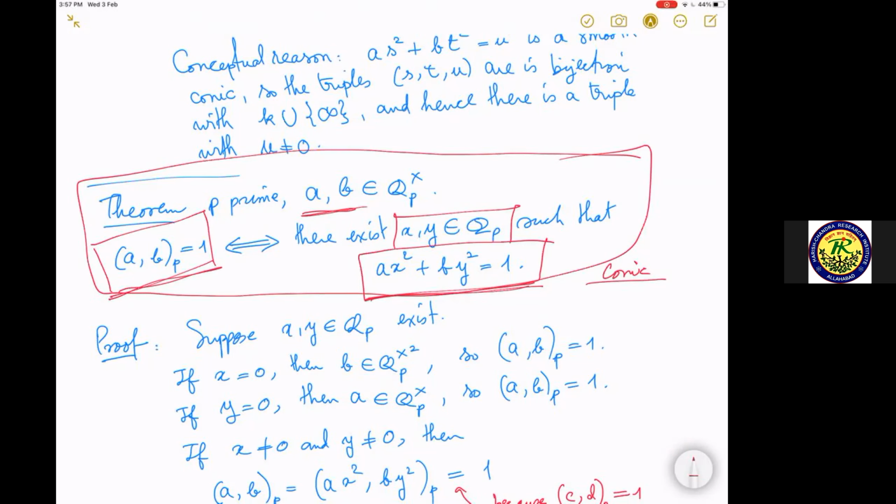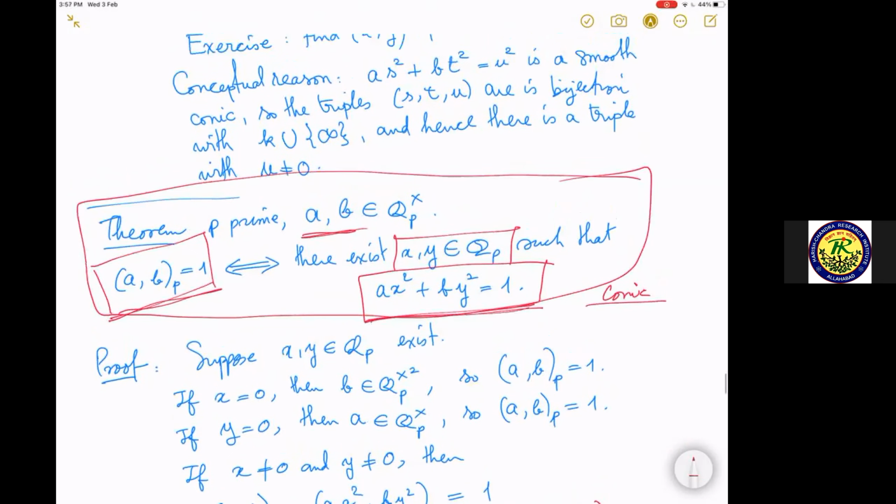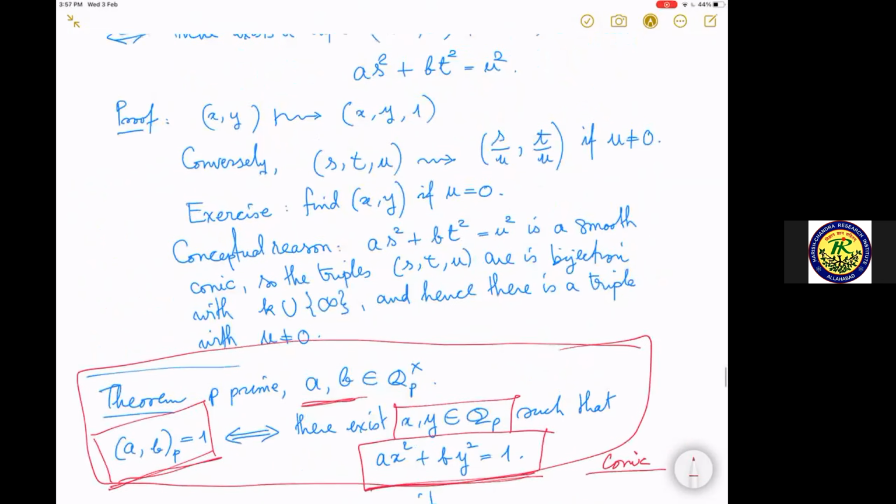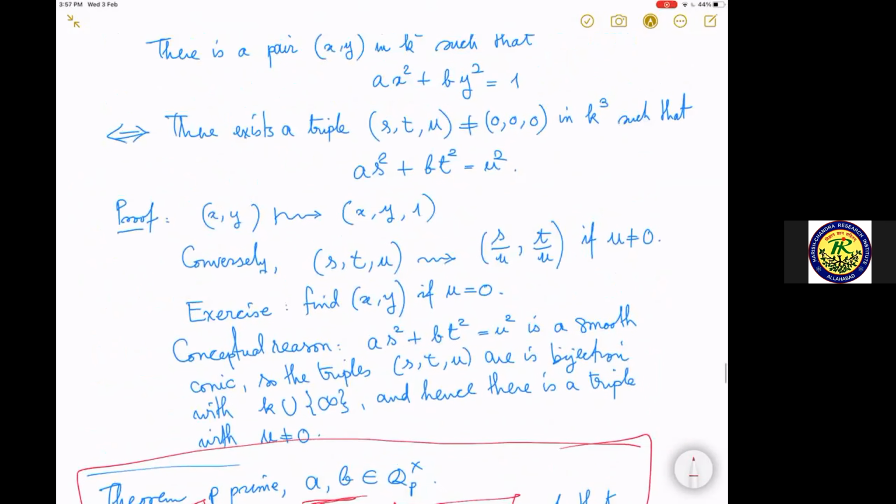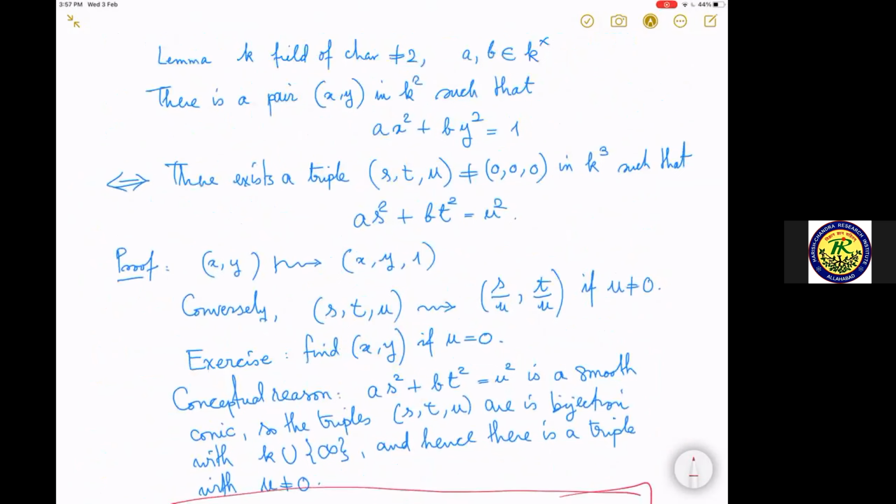Okay, so before I prove this theorem, I have one small lemma which doesn't have anything to do with number theory. It has something to do with algebra. And here it is. It says,